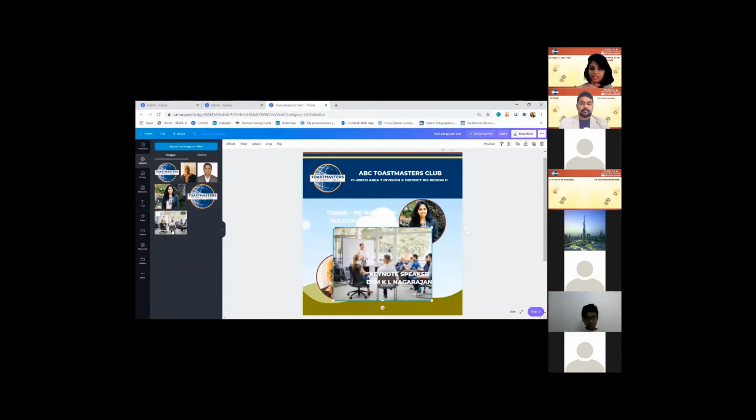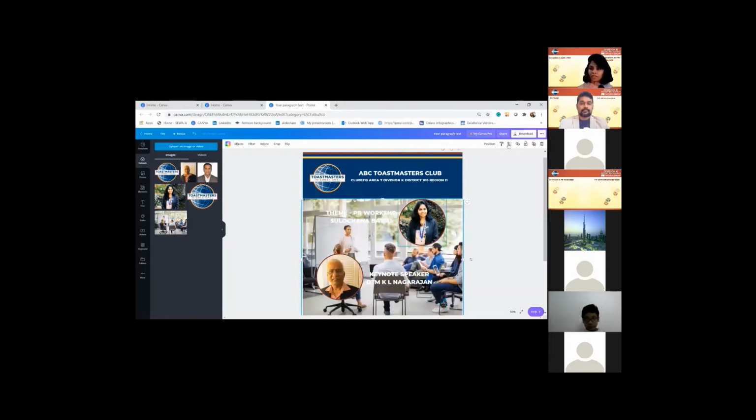Now I can't see the text written. How do I manage? There's a nice feature on the top right corner which says transparency. Click on transparency and it shows 100%. Do you see the transparency on the right corner? Yes. Now we will reduce the transparency so that the words and letters can be seen. I'm going to reduce it. Let's make it 20.